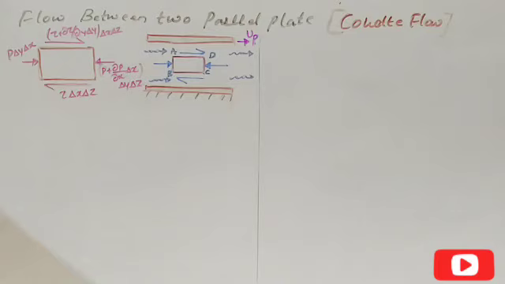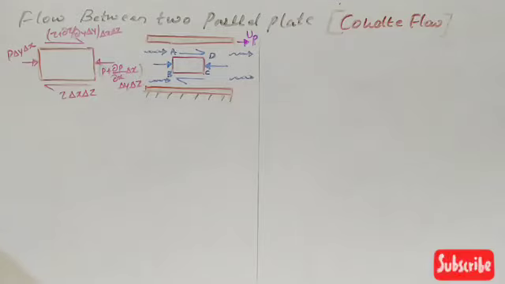So in the previous video we have discussed the pressure distribution, velocity distribution as well as shear stress distribution for the flow between the two parallel fixed plates, means both the plates are stationary. But today in this video we are going to derive the equations, the same pressure distribution, velocity distribution and shear stress distribution equation for the laminar flow between the two parallel plates. So in that, one plate will be fixed and another plate will be moving. So let us start with a derivation now.